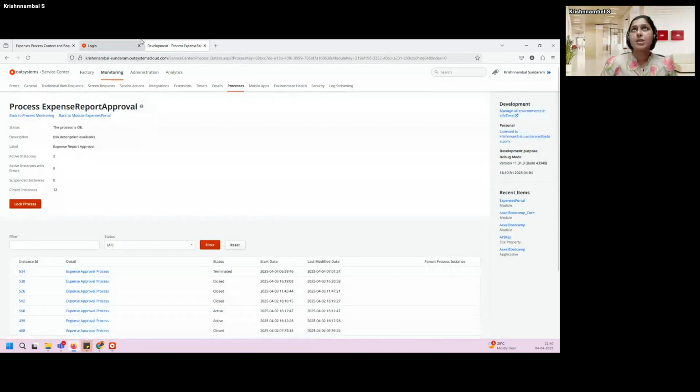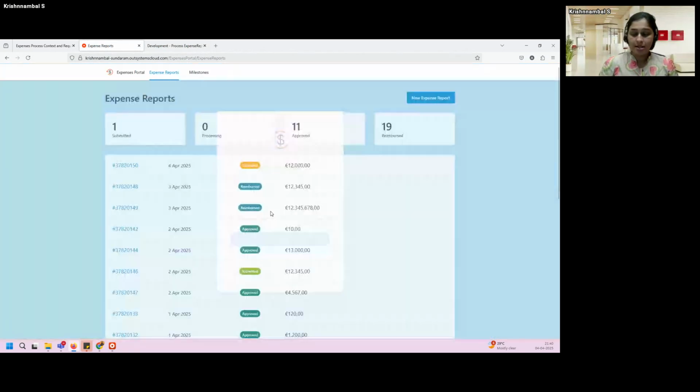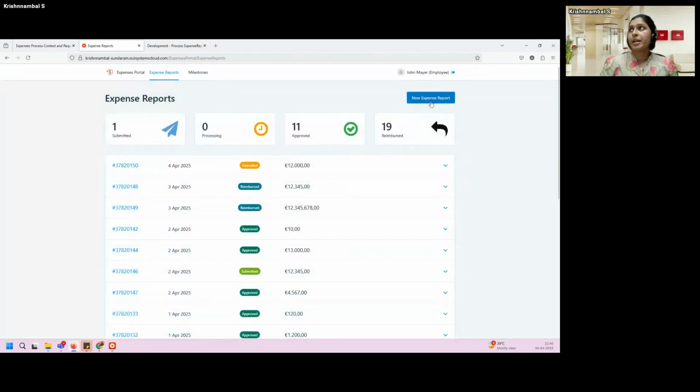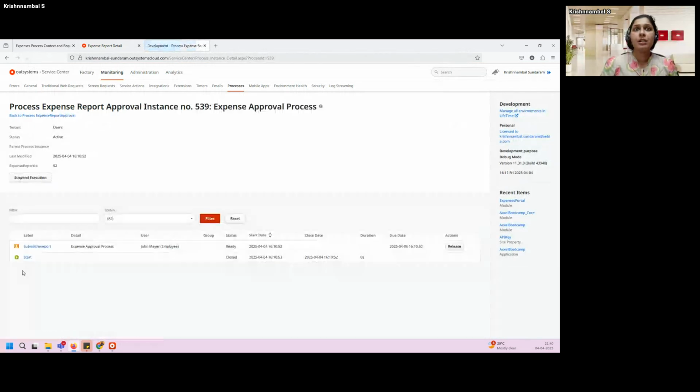These are the current process instances. Let me create a new expense report. That way, a new instance starts. Let me click on new expense report. Now let me refresh. A new instance has been created.